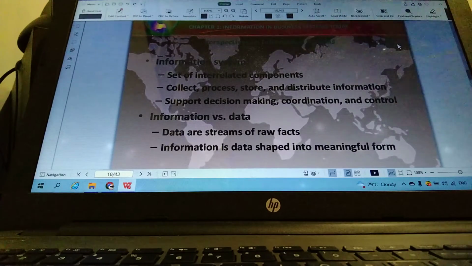Okay, what we have in the next slide is perspective on information systems. So we're going to look at what IT systems are all about. But before we go and discuss what an IT system is, the components in an IT system, the data, the information, the software, and so on,